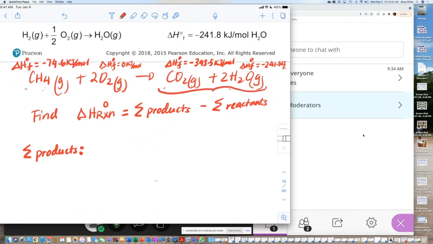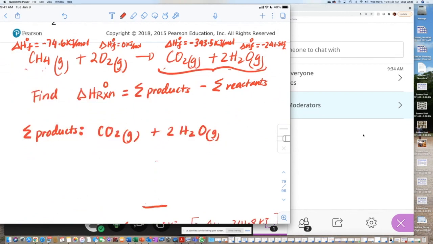So I'm starting with this side here. My products are CO2 plus 2H2O. So I'm adding up my products first. That's my goal for right now. For my product, I need just the carbon by itself. How many moles of carbon do I have? I only have 1 mole, so I'm going to write here 1 mole,